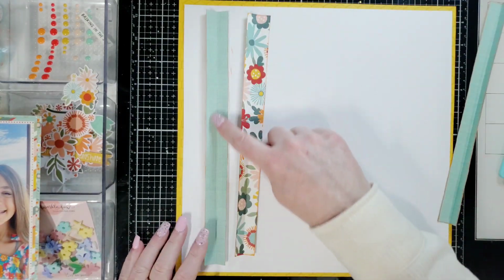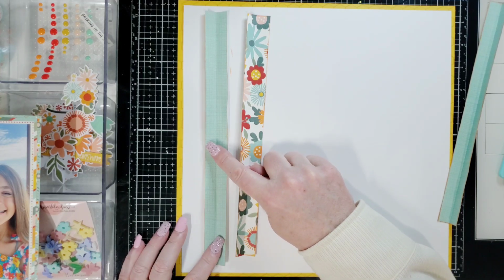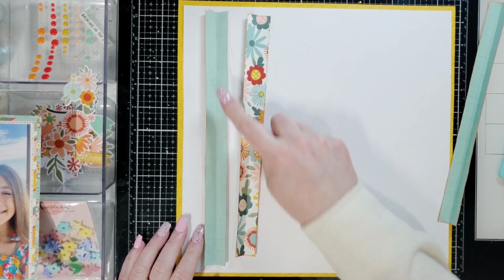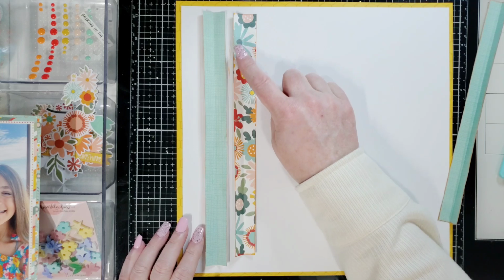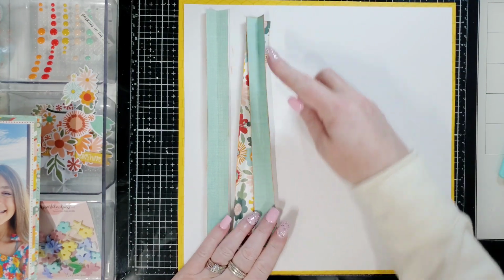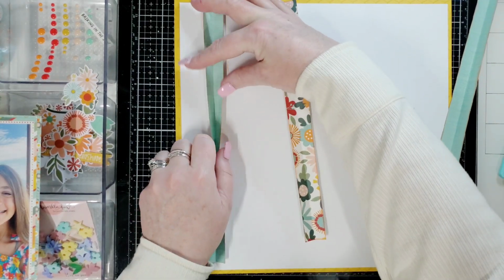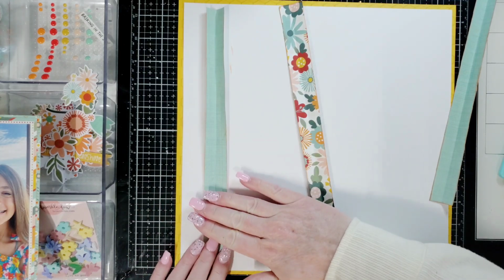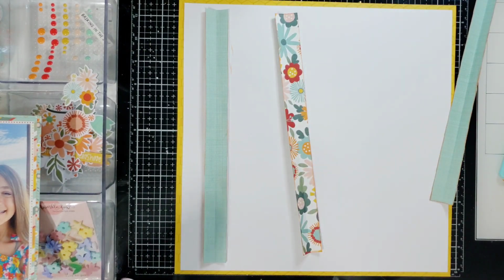So this first piece for me is 11.5 inches. Okay, wait a minute. Nope, I lied. This first piece is 1 by 11. This is 1 by 10.5, and this is 1 by 10. All right. So once you get it glued down, then you can prop it back up like this. But at the beginning, you'll just put it flat, and then I'm going to take my glue bottle,